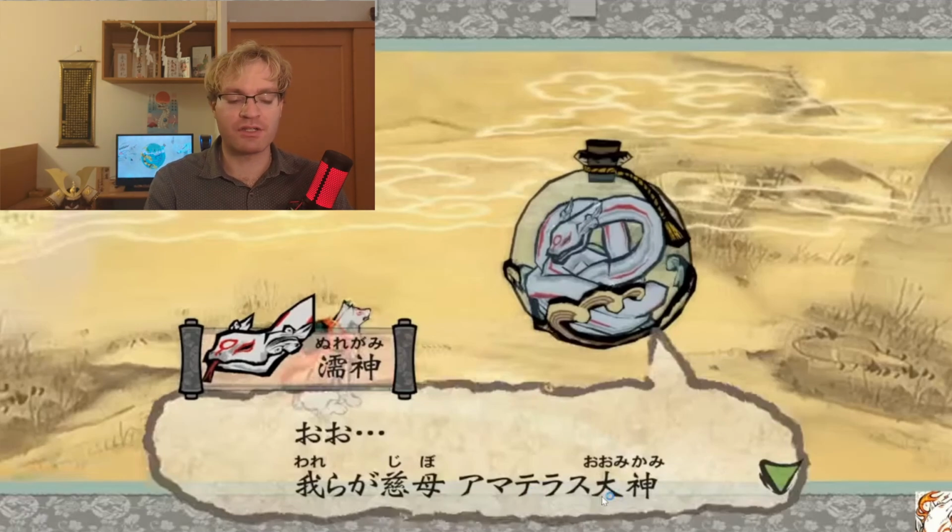Now what's interesting here is that you have these two kanji here, O and Kami, okay? Now you put these two kanji together, and that's one way you can read this is O Kami. However, when you look at this furigana here, these little small characters at the top that tell you how you're supposed to actually read it, there's an extra mi in here. And we will probably, actually, I don't know if we will see this later in Nuregami's little spiel, but mi is just an honorific thing, and technically how you're supposed to say Amaterasu's full name, Amaterasu o Mikami, okay? Now, o means great, and kami means god, as in Nuregami, the god of water, the water god.